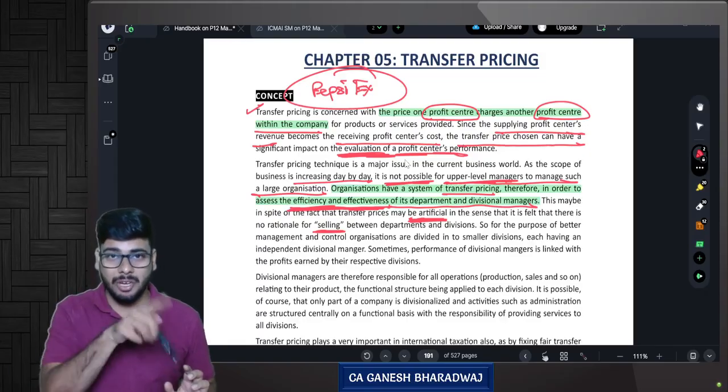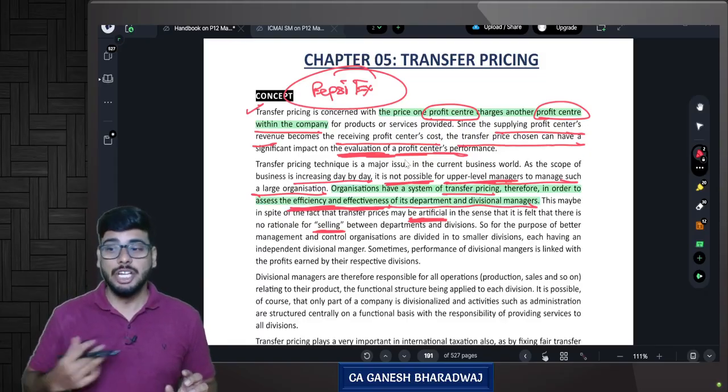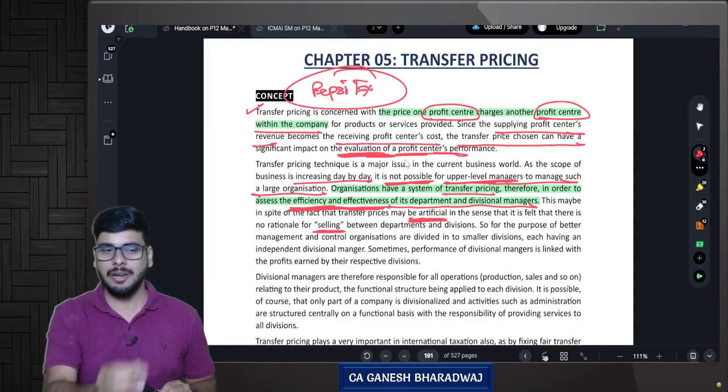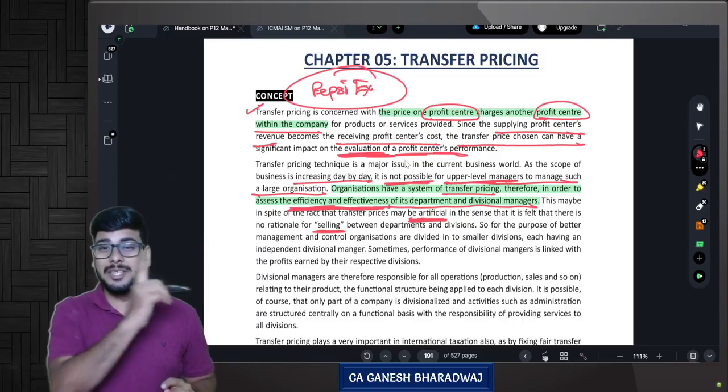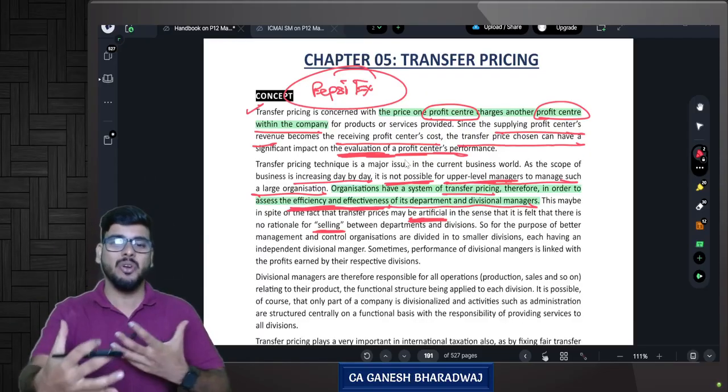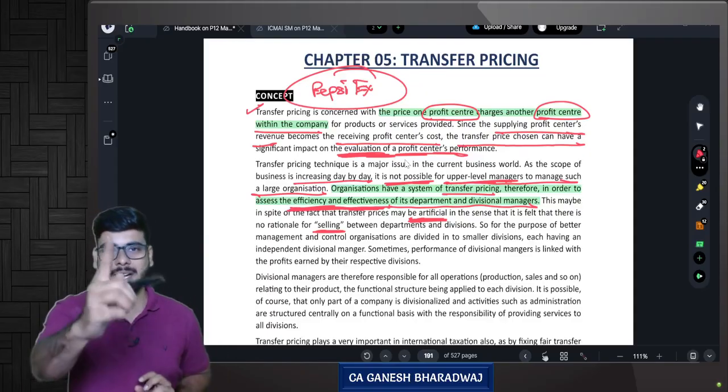The effectiveness or the efficiency of inside divisions. So now Mr. Mukesh Ambani can clearly find out which division is performing well and which division is not performing well, and with this he can clearly punish or reward the respective departments. It's a control mechanism. It is not a decision making mechanism. Are you clear with this?